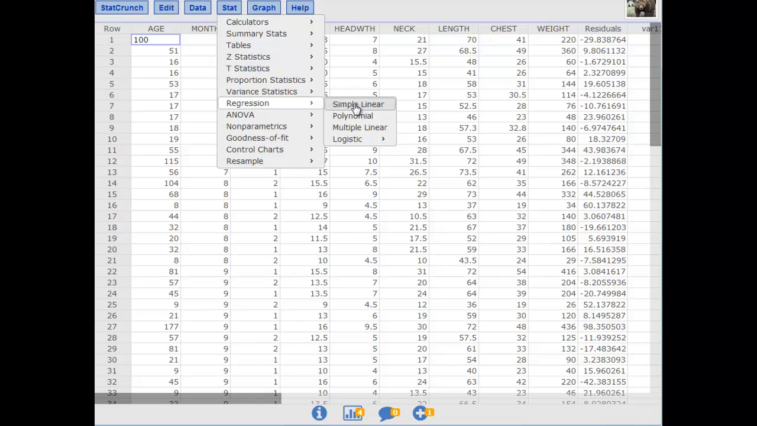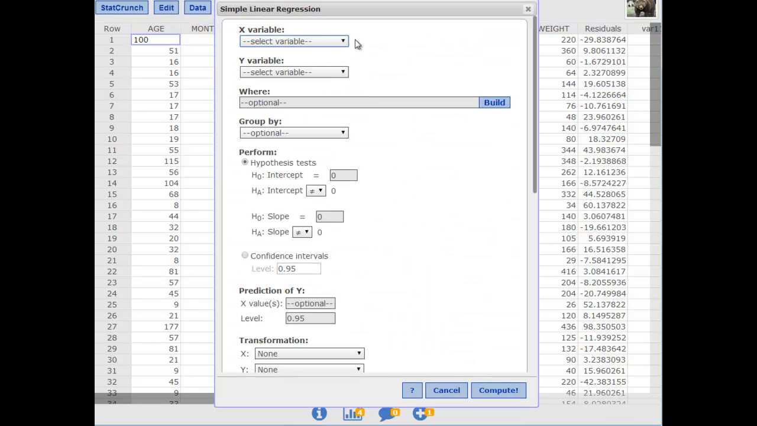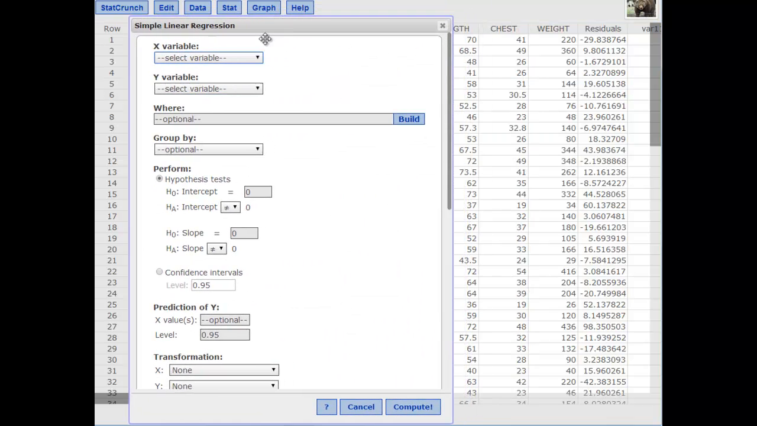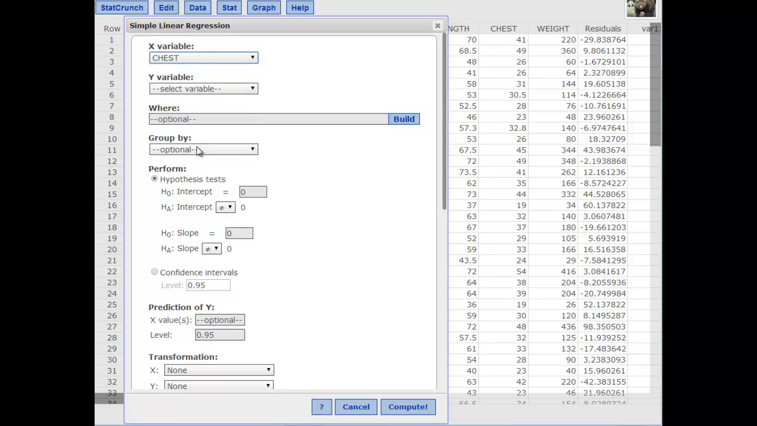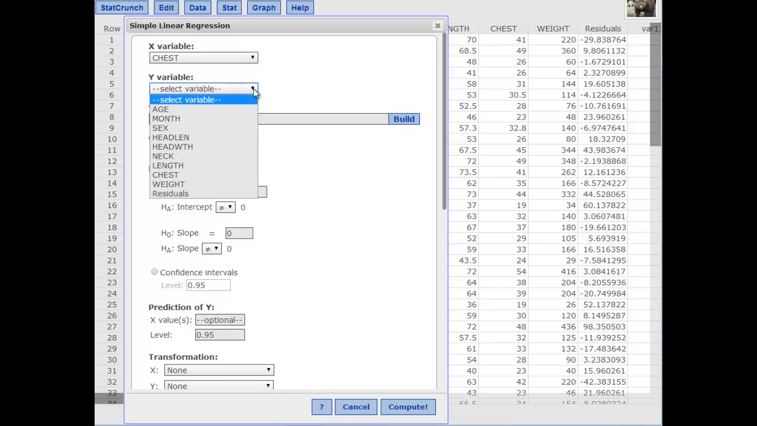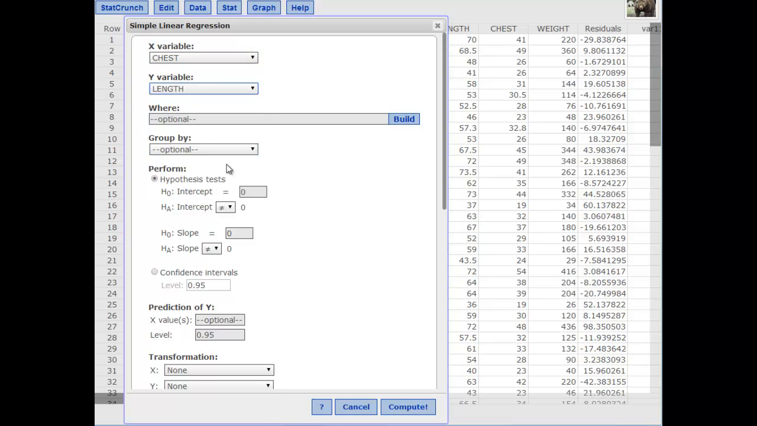We're just going to do simple linear. Then we have to tell it what is the x and what is the y. So I'm going to choose my X. My input is going to be, how about the size of their chest, right? The circumference of their chest, and see how that relates to their overall length. And then we're going to run a hypothesis test. We could change our hypothesis